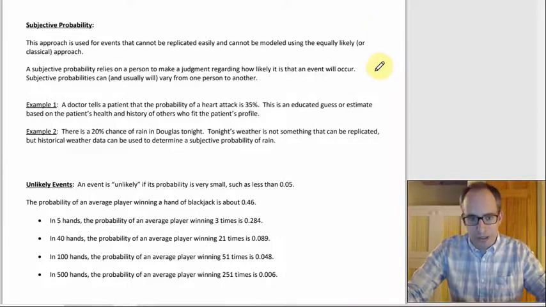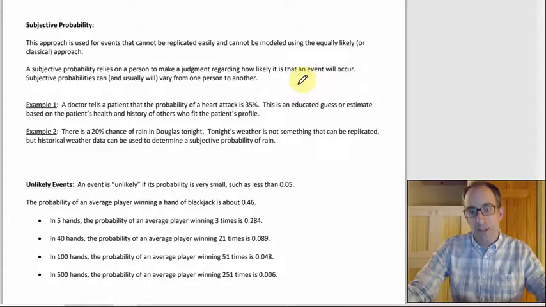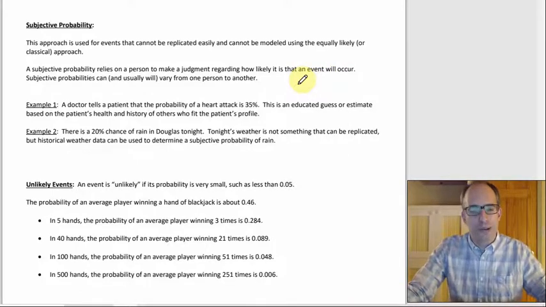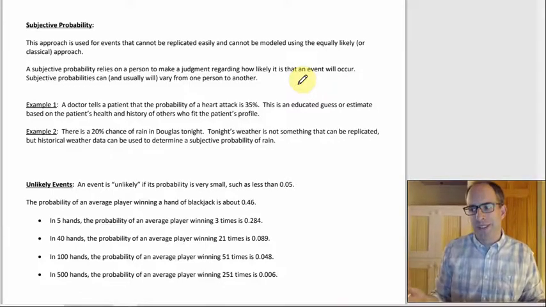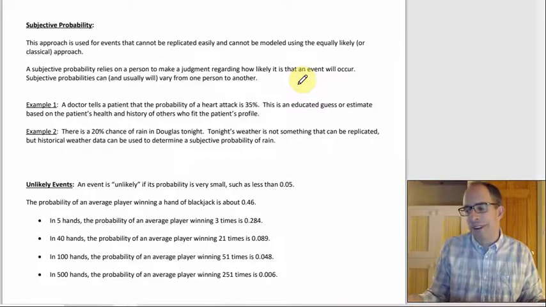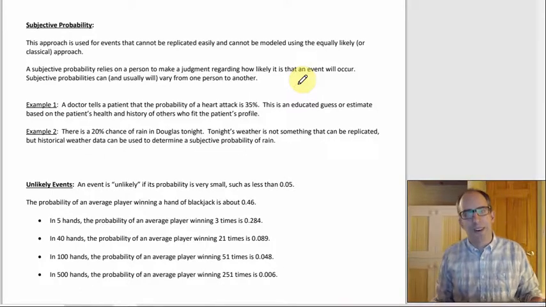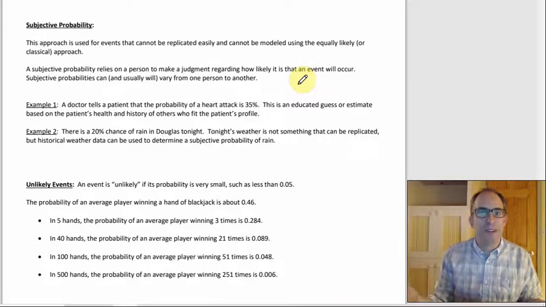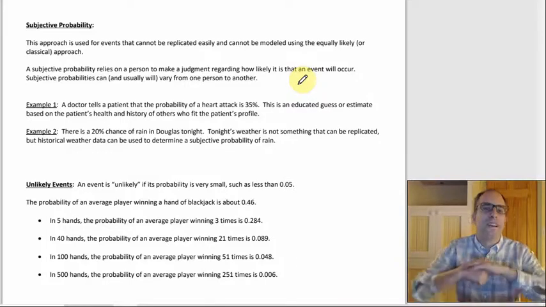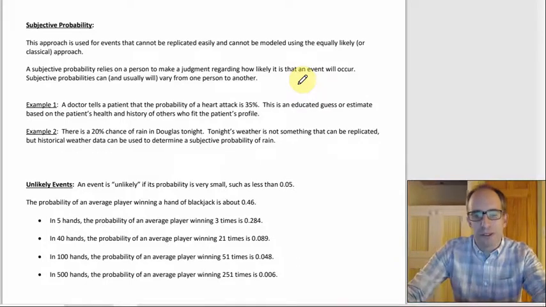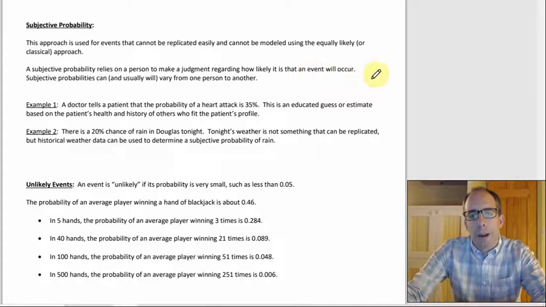So it relies on a person's judgment, and different people may not get the same things. And you actually see this with weather, but usually the weather predictions aren't that different, right? You'll see one prediction that says 20%, one that says 30%, right? Or maybe on a day where rain is expected, one will be 80%, one will be 70%, right? You never see where one's 80 and one's 30, right? That's kind of crazy. But usually they're pretty close to each other, even if they're different. And so weather is one thing where this comes up a lot. Another is